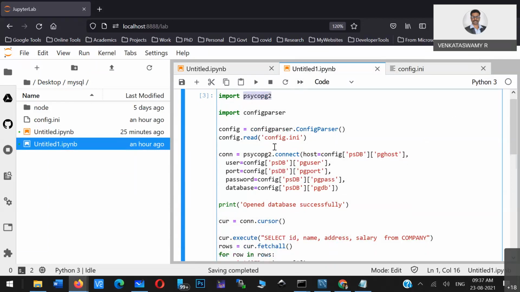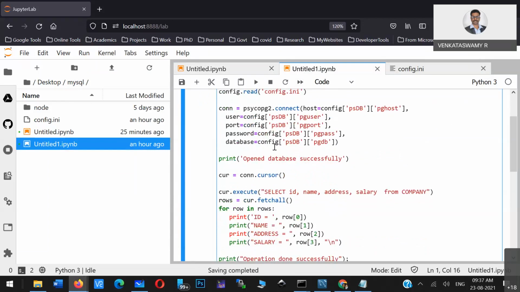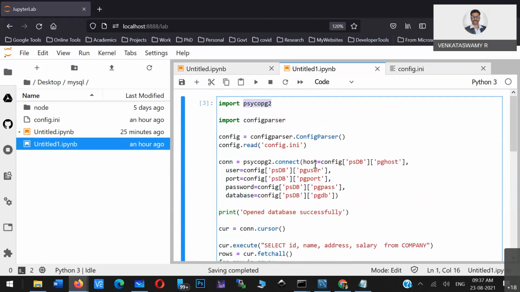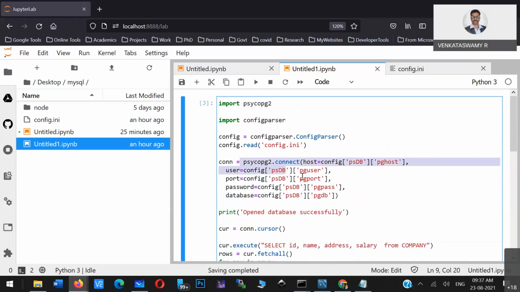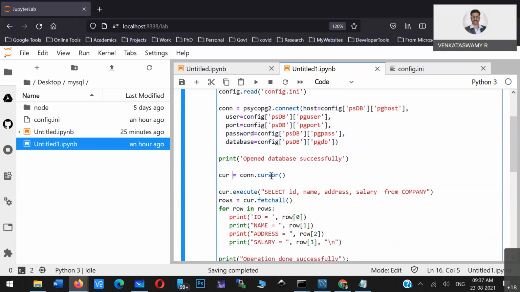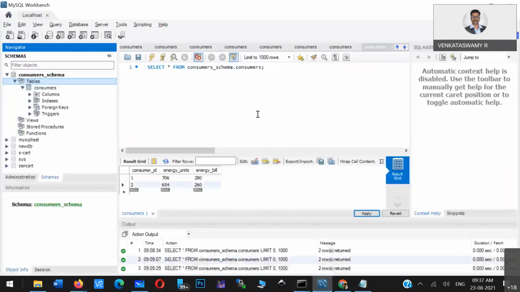Then for the next commands, you can see here, now I connected to that particular database. This is the connection object I'm creating. Then I'm establishing the connection, pointing to that particular database. Then what query do I have to write? The query you know now.